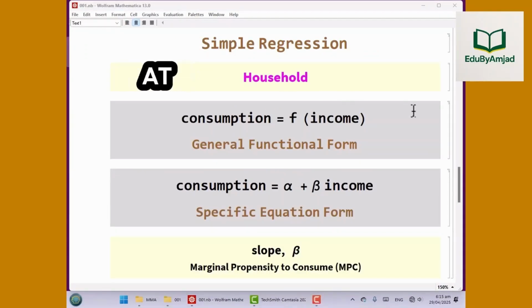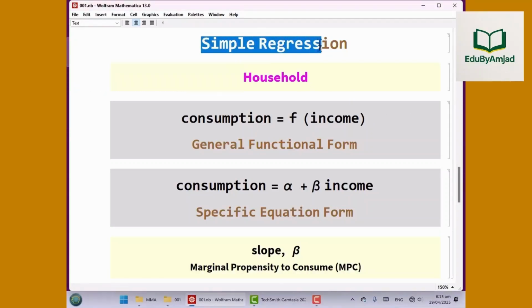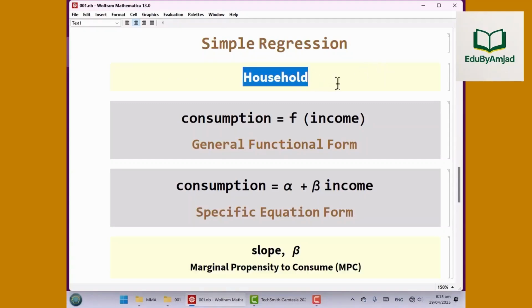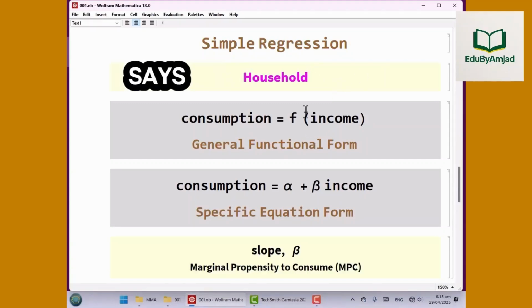Next, let's look at an example of a simple regression model in case of household consumption. Here, the general functional form says that the consumption of a household is a function of its income.